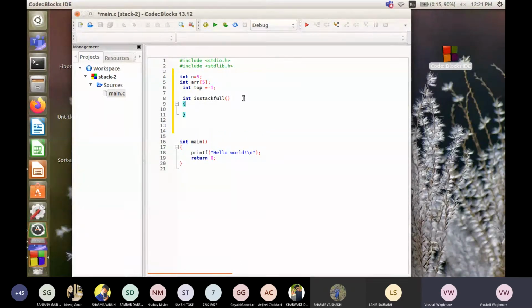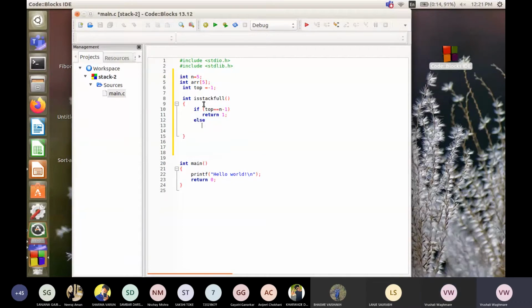First I need to check the status. What am I going to check? Stack full or not, how will we check? We have to check if top is equal to n minus 1. What is n? It is our size. If top is equal to n minus 1, we are going to return 1.